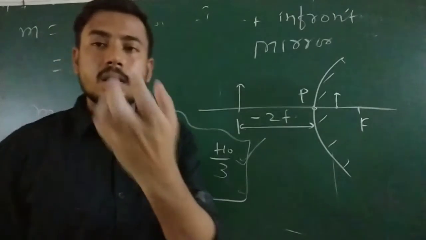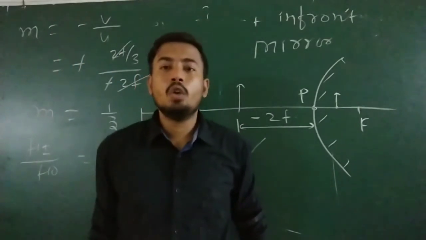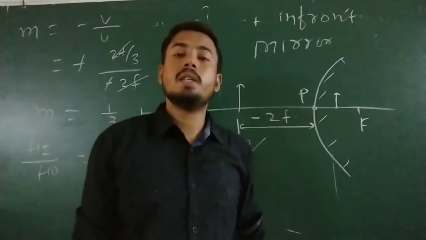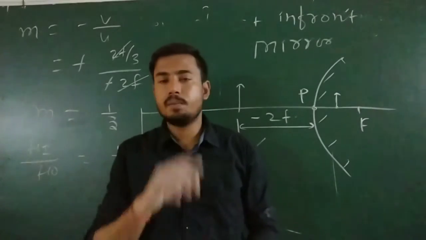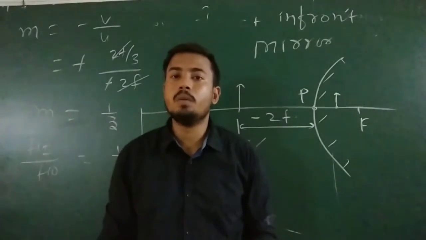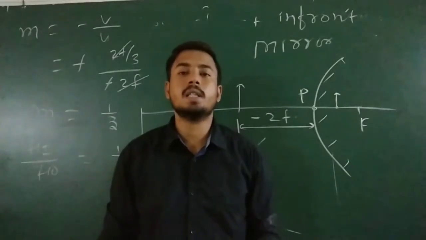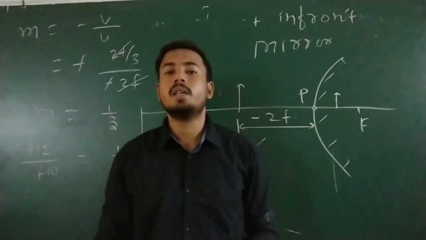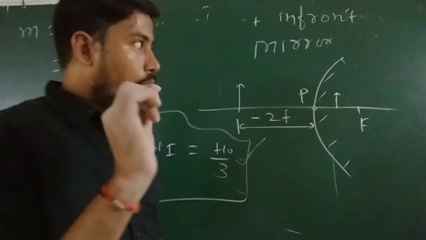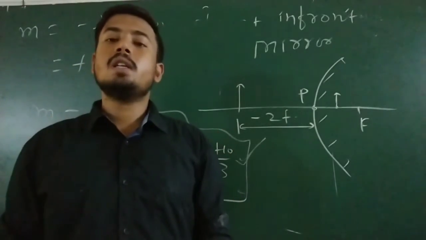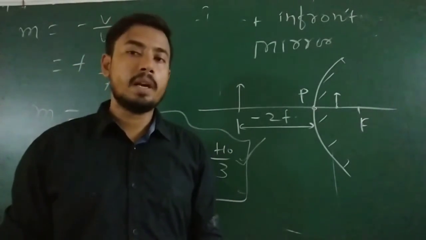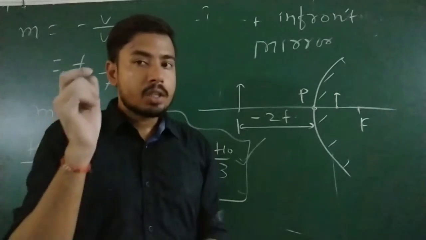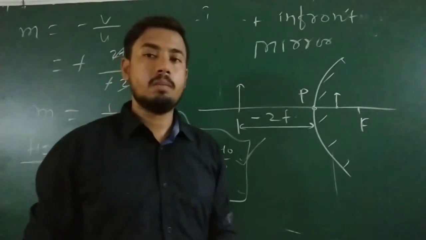So sometimes they ask a theoretical question: in which kind of mirror will you get a virtual image of smaller size? Convex mirror. Same question they will ask, in which mirror will you get a virtual image of enlarged size? Concave mirror. So concave mirror will form both images, virtual as well as real. Getting my points? So these all are transverse or lateral magnification. Its formula you have to remember: minus V by U, but V and U you have to put with proper sign.